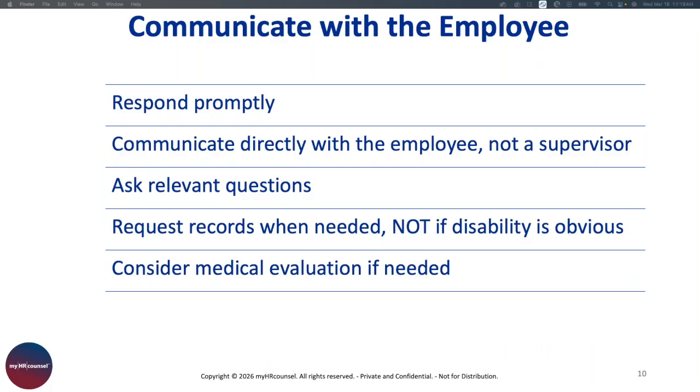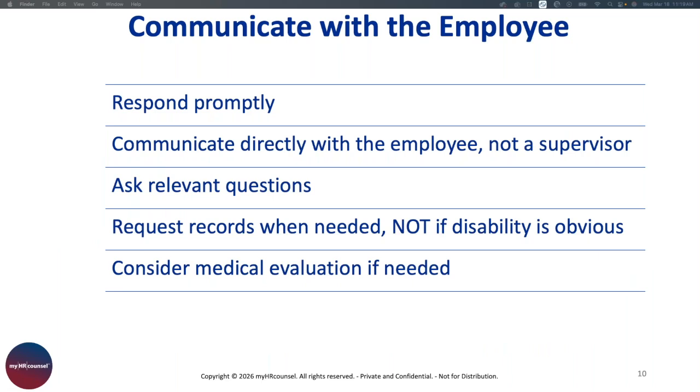When you're having these discussions, make it clear to the individual why you are requesting this information. You want to verify the existence of an ADA disability and the need for reasonable accommodation. If you're starting this process, the disability is not obvious, you're asking for information. If the individual turns around and provides you with some documentation that is not sufficient to cover what you asked for initially, you can explain why the records are insufficient, meaning they don't say he has a disability or they don't explain the need for reasonable accommodation. And then you would allow the individual to provide the missing information in a timely manner.